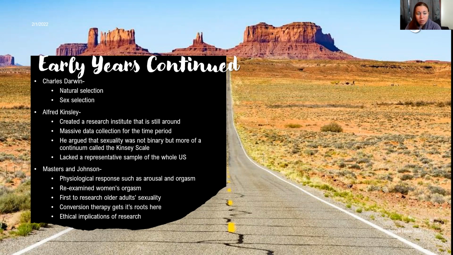His main point for natural selection being that people are going to pick partners that are there, right? So like you're going to have lines of people that are going to be more adapted to the environment in which they live in. They're going to thrive a little bit more. They're going to maybe have more economic security. They're going to have more social security. They're going to have more essentially ability to thrive and create offspring that thrive. And so that natural selection would then increase their odds at being able to continue on their line. And with that,